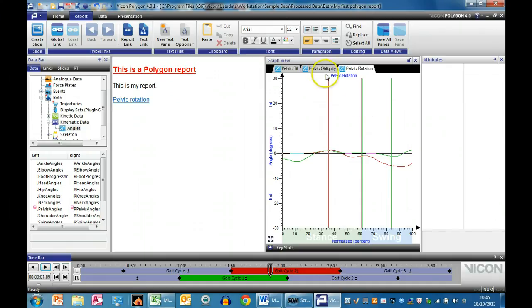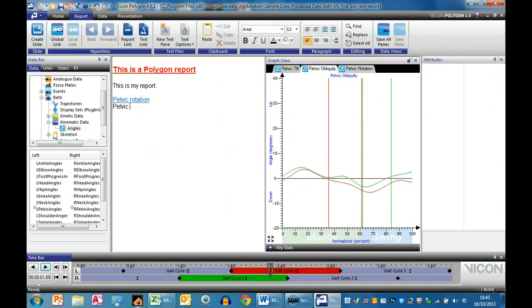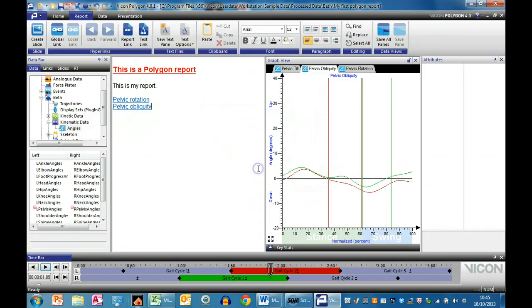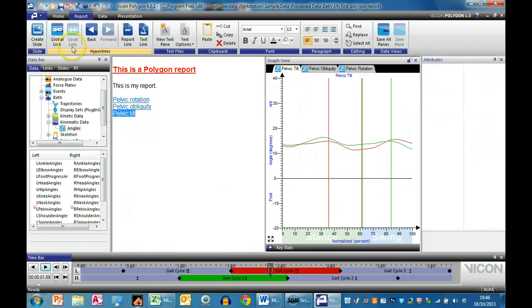Okay. Now I'm going to go onto the tab that shows me pelvic obliquity, and I'm going to create another hyperlink here. Okay, so type in pelvic obliquity, go to global link, and accept the yes. And now what happens if I click on the original pelvic rotation hyperlink, you'll see that I go to the pelvic rotation graph, pelvic obliquity goes to the pelvic obliquity graph, and you can guess that I'm finally going to get a pelvic tilt graph. So I'm going to go to the pelvic tilt, I'm going to create the hyperlink,